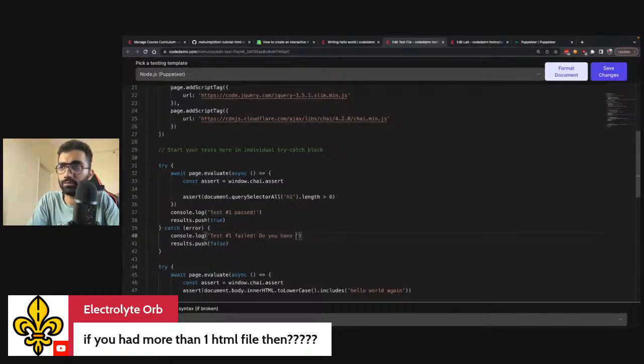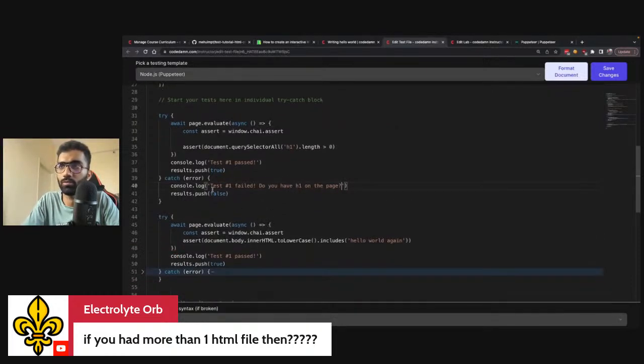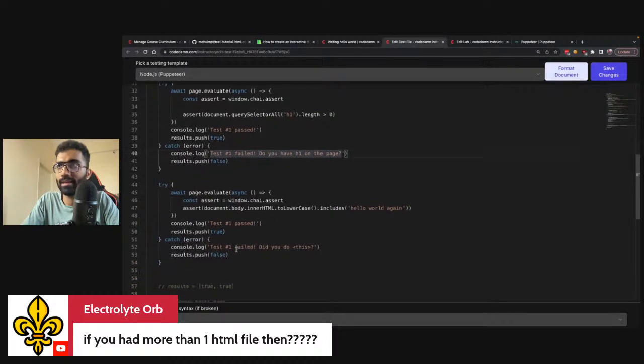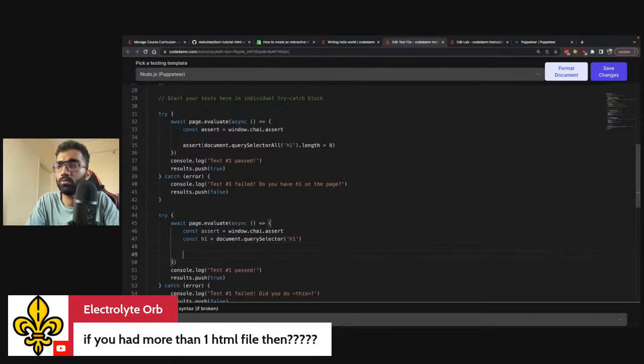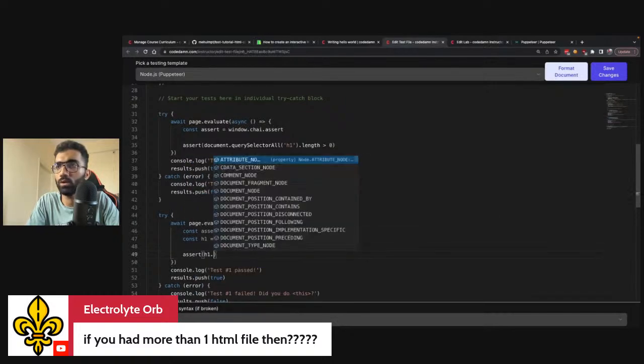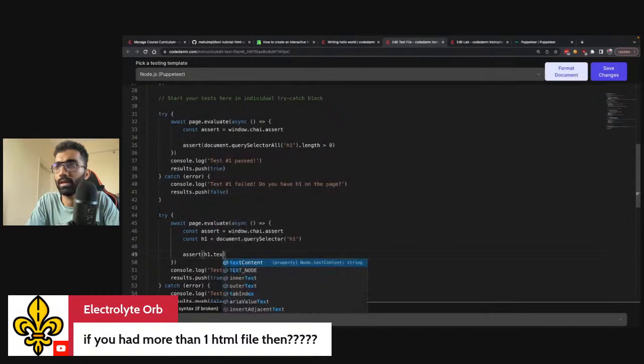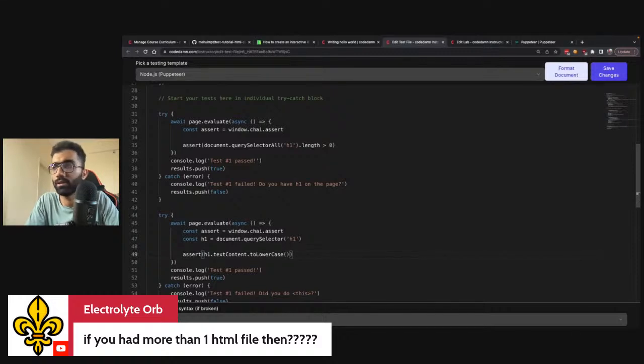Do you have h1 on the page? You can just console log this if you want. Then the second test is you get the h1 first, document.querySelector h1, then you say assert h1.textContent.toLowerCase, because we don't want to have a casing issue, equal to hello world.